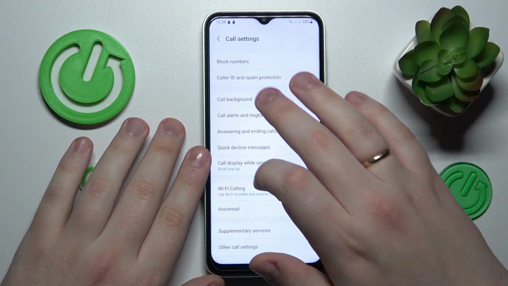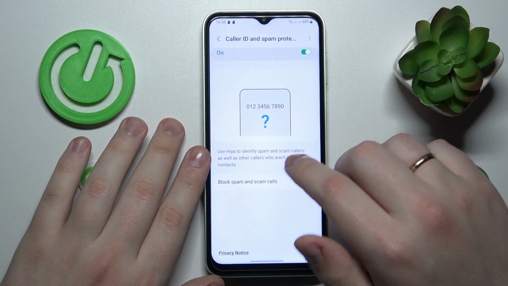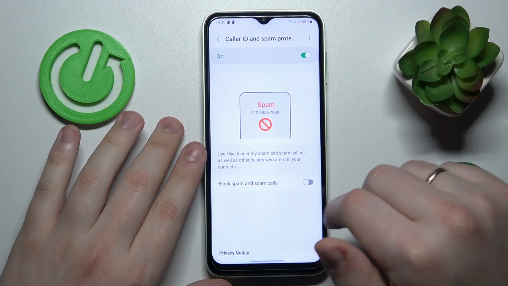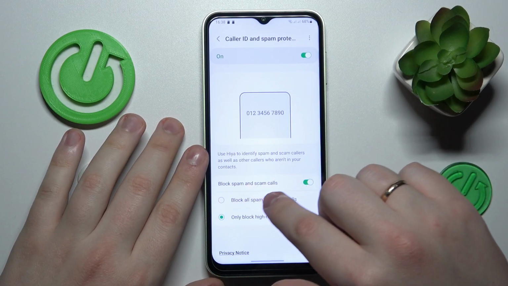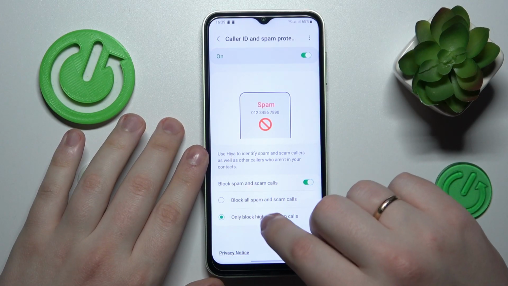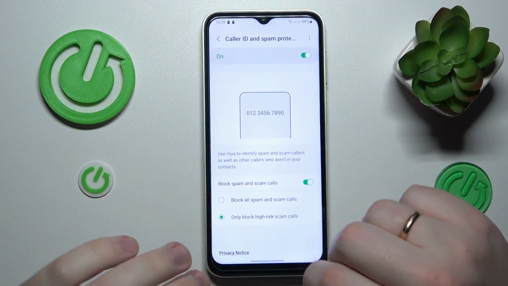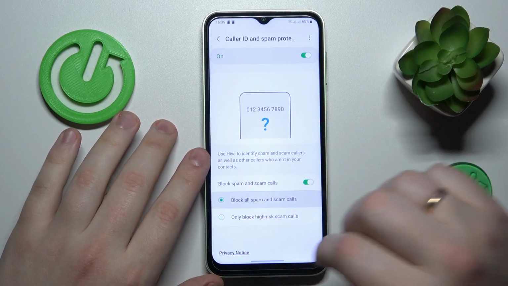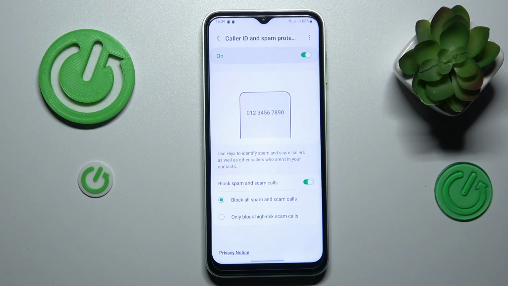In here you can tap at the caller ID and spam protection section like that, and even further change your preferences. For example, you can turn on the block spam and scam calls toggle, and in here choose whether you would like to block all suspected spam calls or only high risk ones. I'll go with, I'll crank my spam filter all the way up,